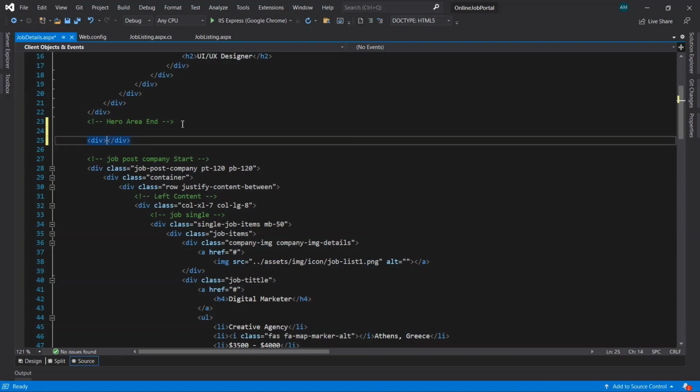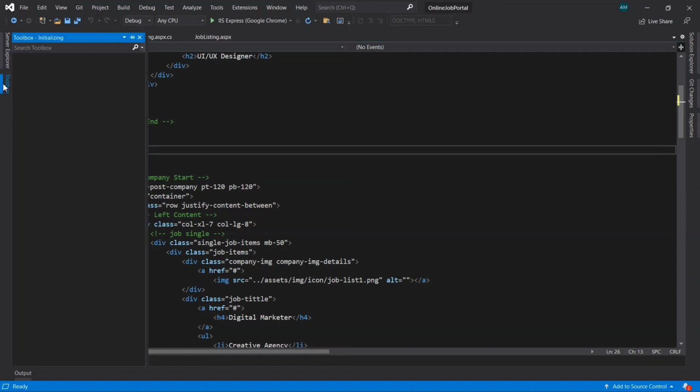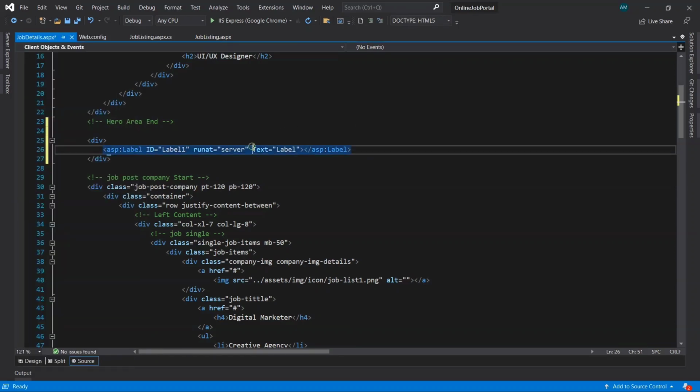First take a div, then a label control from the toolbox. Double click on it. Let's change the id of it to lblMessage.